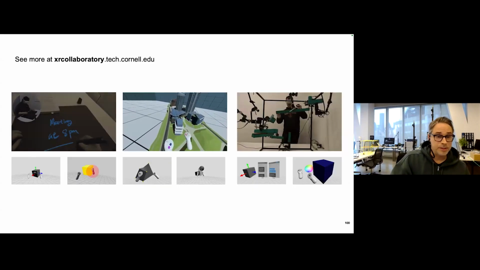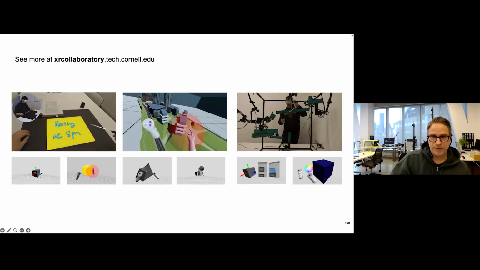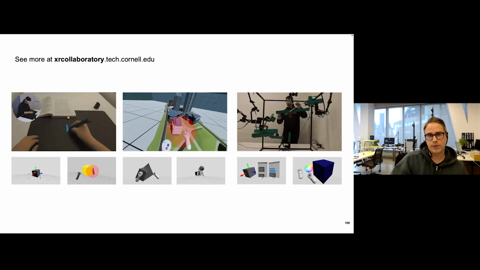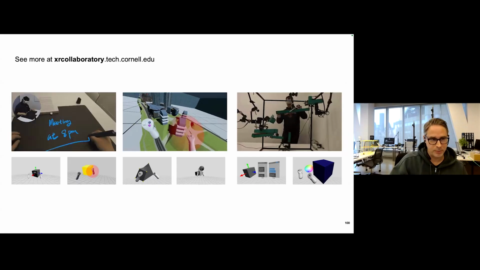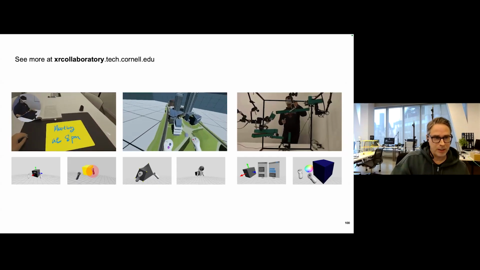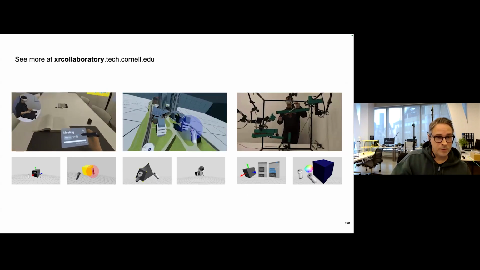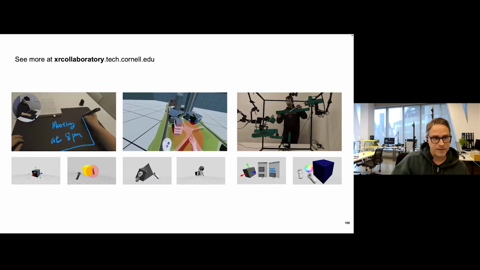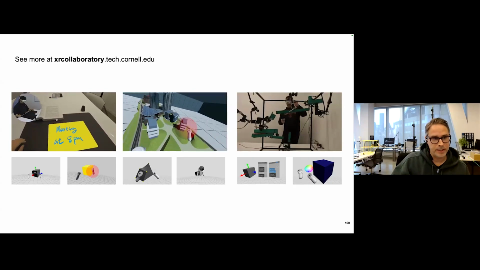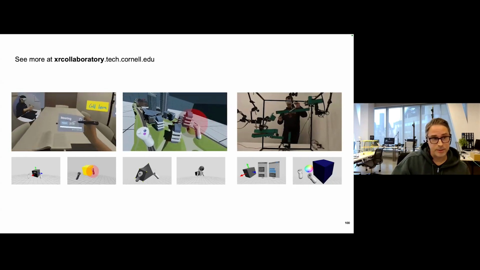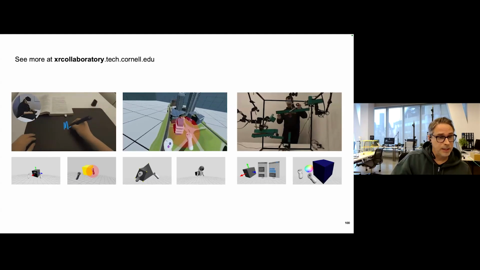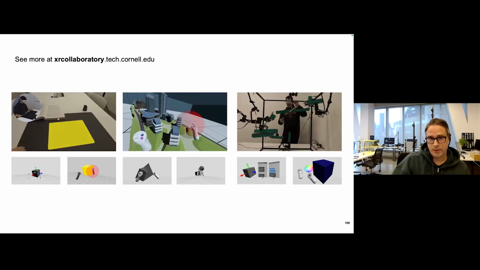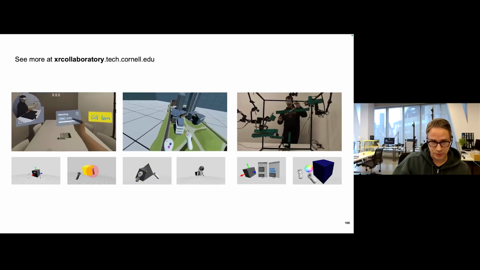So you can see more of our work on our website. We have detailed information about our courses and our projects, both faculty-led and student-led. Just to give you a glimpse, from left to right, you can see an AR project at the far left. This is a recent project by a Cornell Tech student, Qingxuan Yan, and it was exhibited last week in Korea at IEEE VR as a poster.